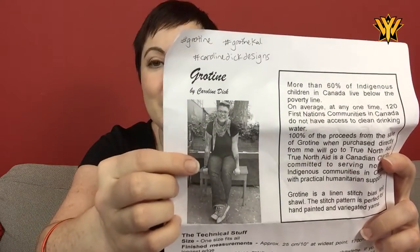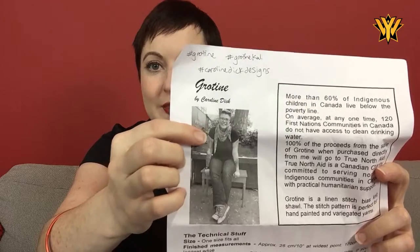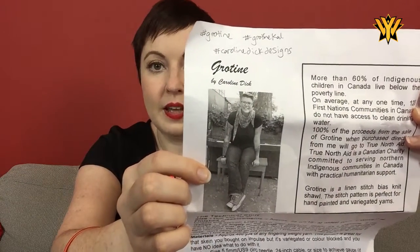I had been thinking of that, but then in following Caroline on Instagram, I saw she was having her Grow Teen knit along, and what struck me as well as it being a great pattern is that 100% of the proceeds from the sale of this pattern, excuse me how I read it, I want to make sure I get it right, directly go from Caroline to the charity True North Aid, which is a Canadian charity committed to serving Northern Indigenous communities in Canada with practical humanitarian support. So Caroline is a First Nations person in Canada, so this is a way of supporting her community,